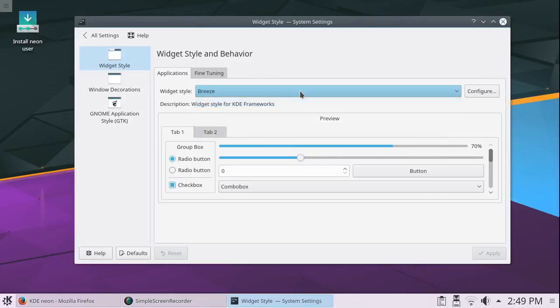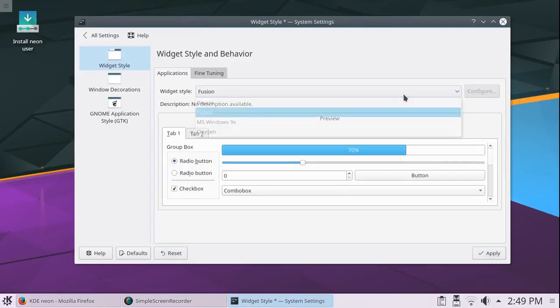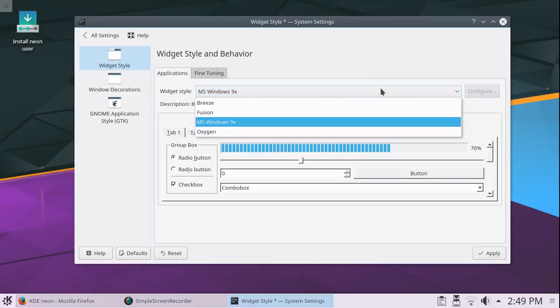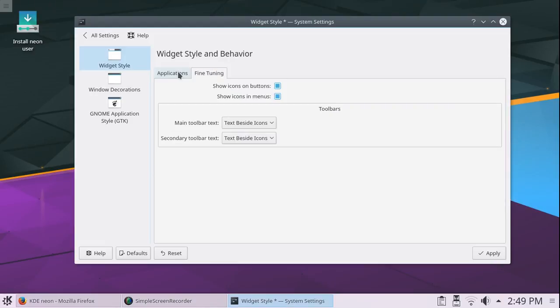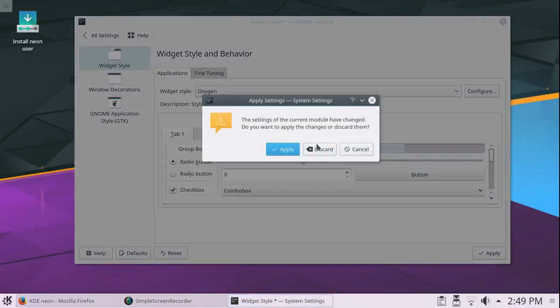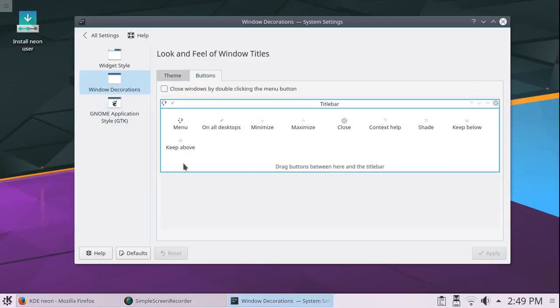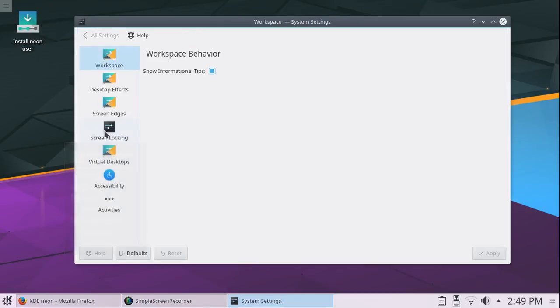So they have included Fusion, which is the older style. They have included Windows 98, which is not exactly Windows 9X. Then they have included Oxygen, which is like the old KDE. I like Oxygen. Now window decorations, but yeah, they have this Breeze and others. This is pretty cool. Breeze, okay, all good. Desktop behavior,